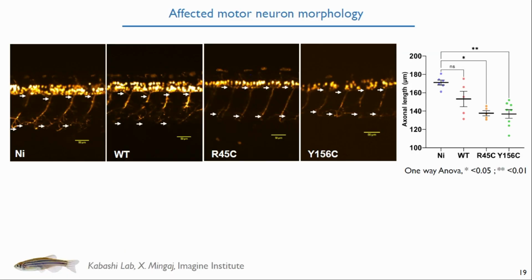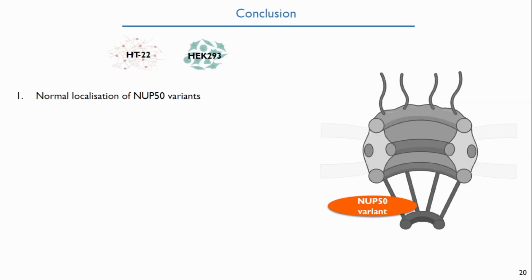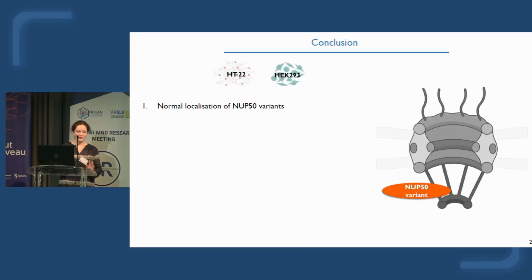And looking into the motor neuron morphology, we can see that these variants also had defects in axonal branching compared to non-injected zebrafish, and that there was a decrease in motor neuron numbers with the Y156C variant. So today, in conclusion, I will have shown that in cellular models, the NUP50 variants have a normal